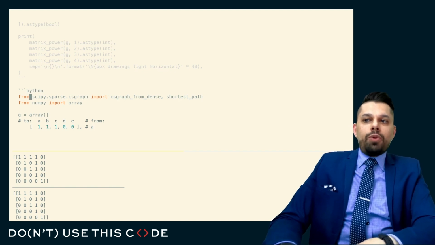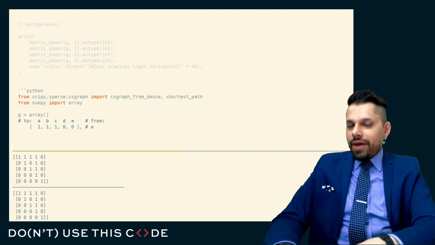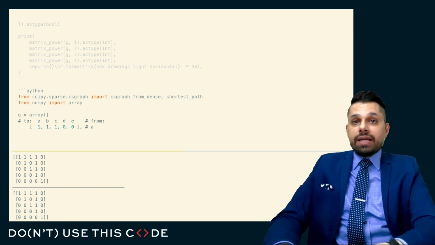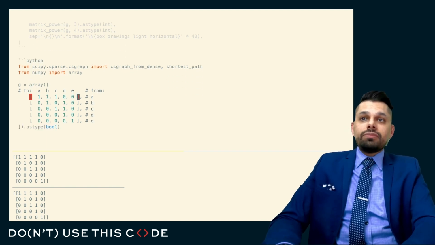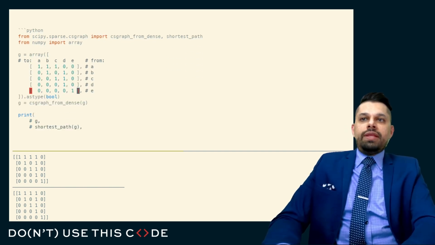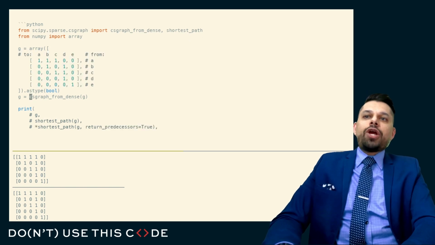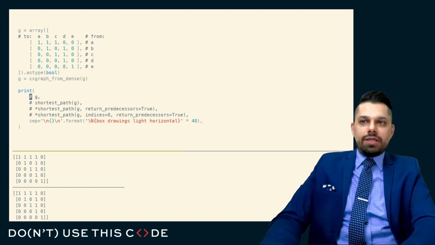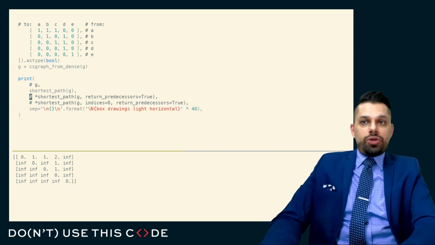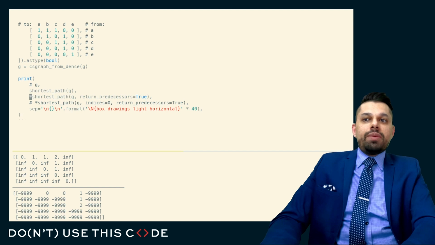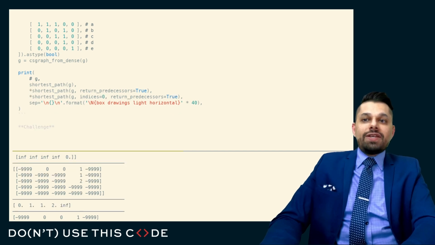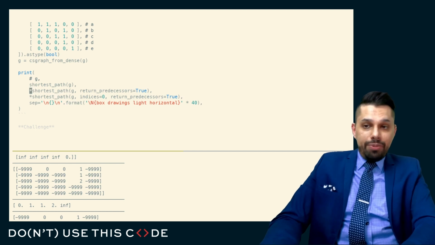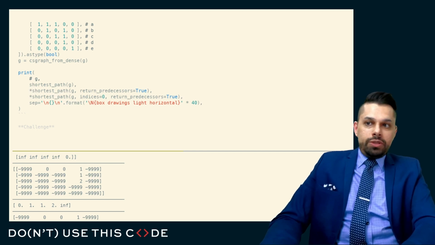Here we can see a sparse CS graph. And if you look in SciPy, you can see the same sorts of algorithms that you are used to finding in NetworkX.algorithm, like shortest path. Here, instead of modeling this as just a NumPy ndarray, I create a graph from the dense representation, and I can ask this structure questions like, what is its shortest paths? What are the shortest paths giving me the predecessor nodes? What are the shortest paths giving me the indices of that path? I can do all the things that I expect to be able to do with a normal digraph, but modeled